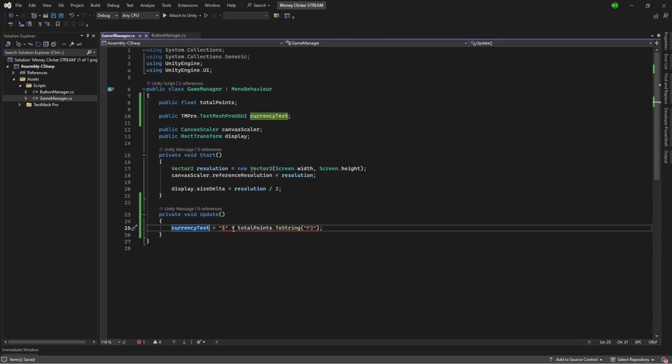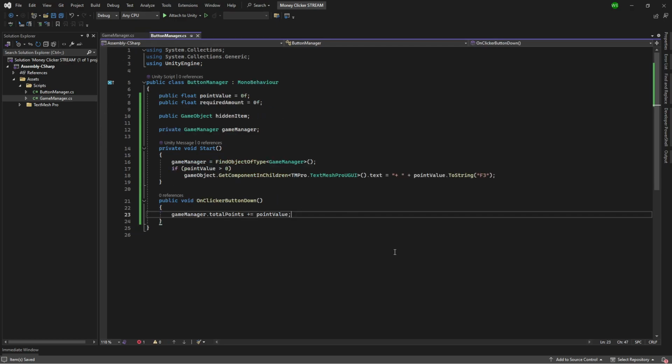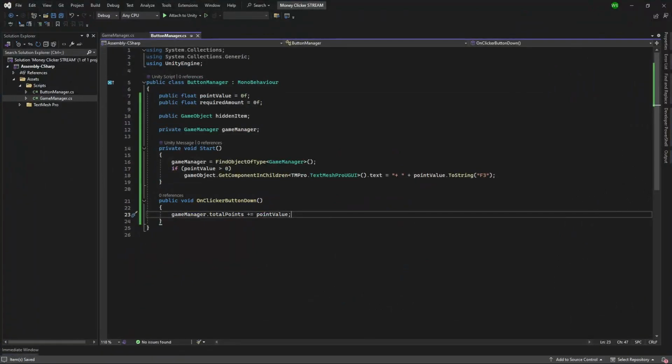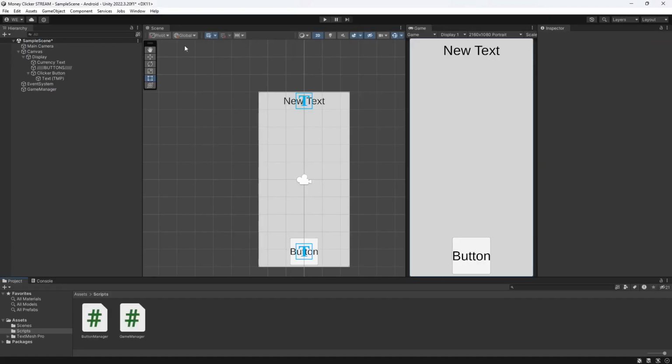Oh, wait. There we go. And since it's just this being updated in here, for now anyways, it shouldn't cause any sort of lag whenever we update it. So now, whoops, we'll go back over to here